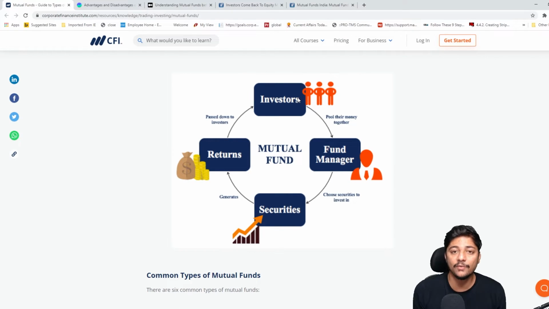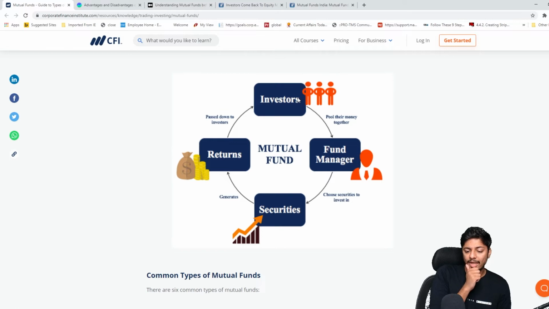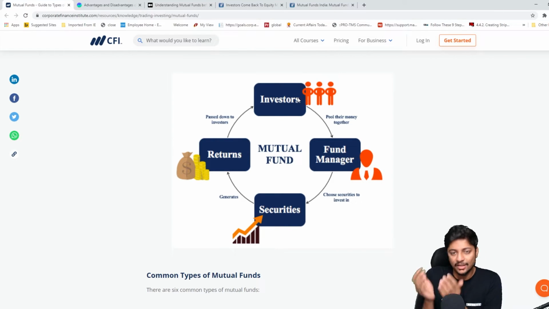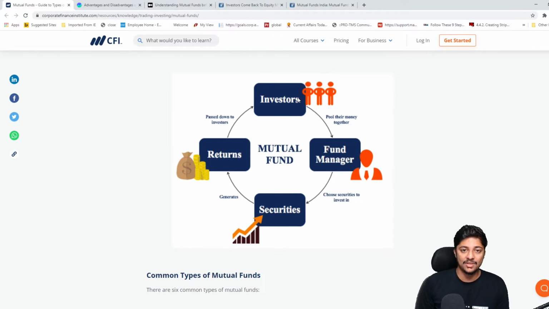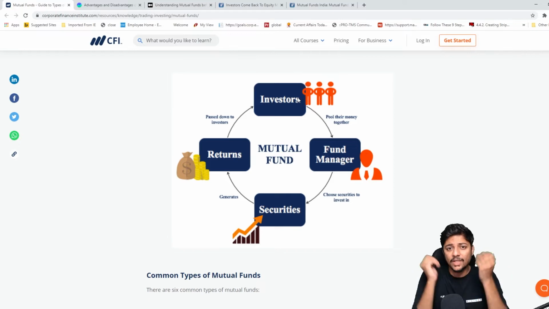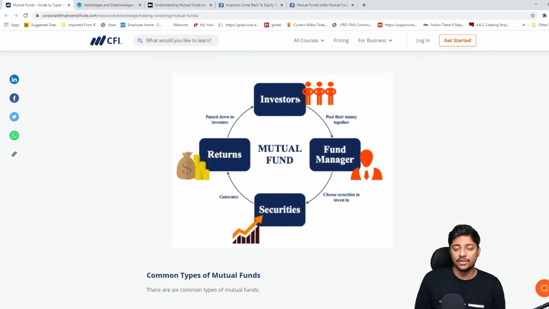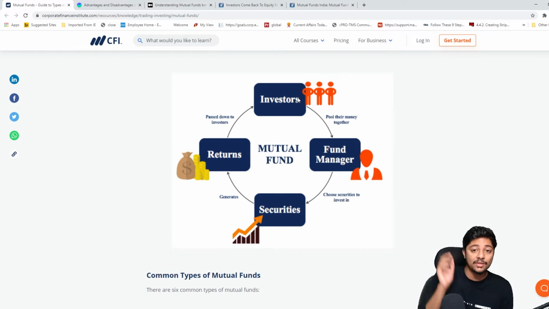Okay. Now the fund manager is like, okay, cool. You know what? I have so much money with me. By the way, this entire pool of money is also known as AUM, which is assets under management. So all this money that he gets is considered assets. So this is also called assets under management. So now what happens is all the investors come and give this fund manager their paisa. Now the fund manager has so much paisa in his bank account that he's like, oh wow, okay, now I've got, say, 100 crores I have to invest now.